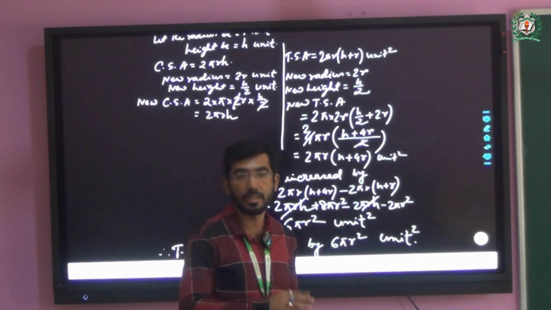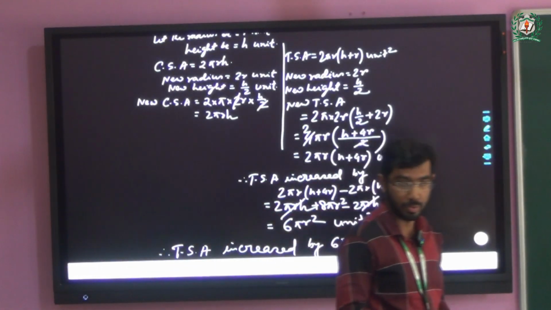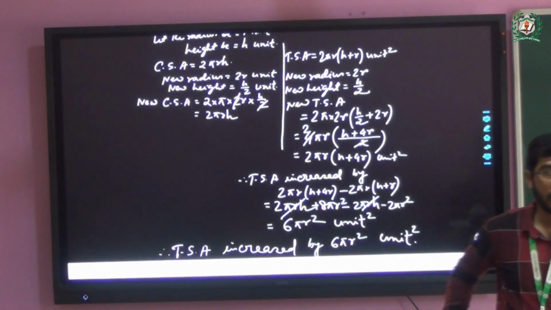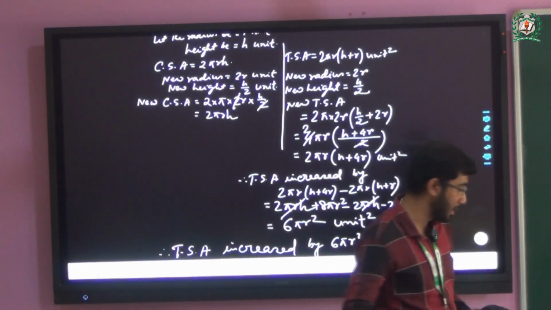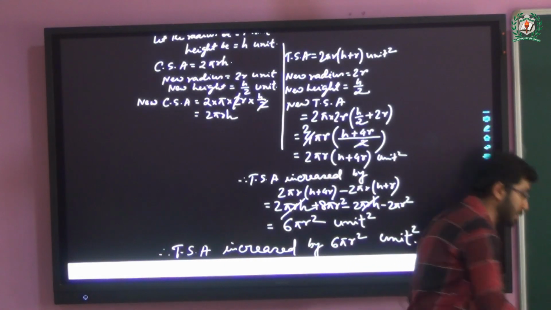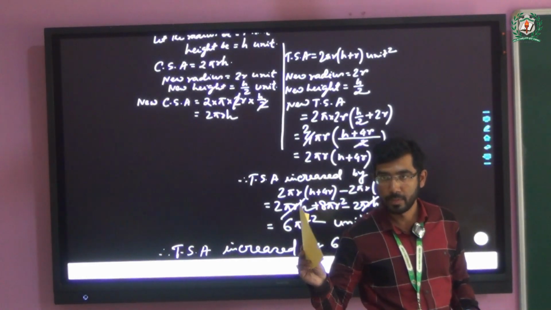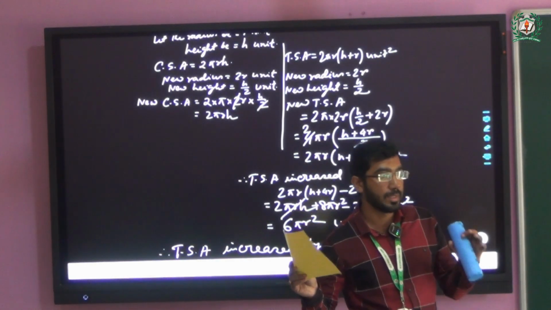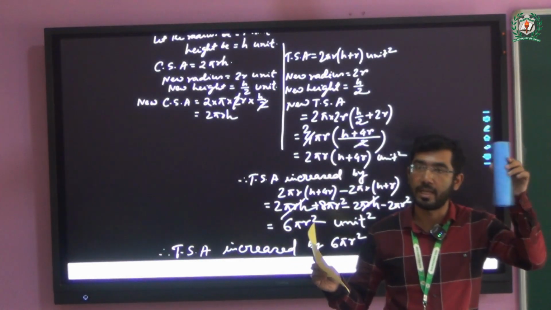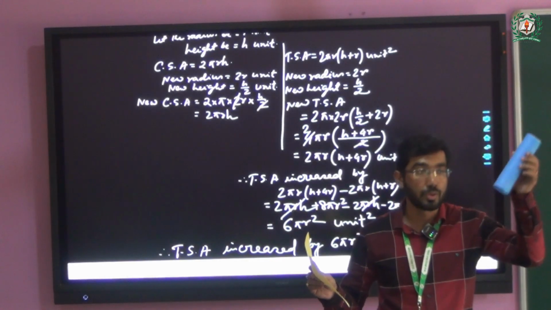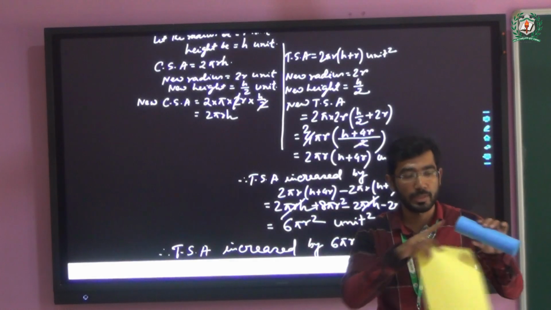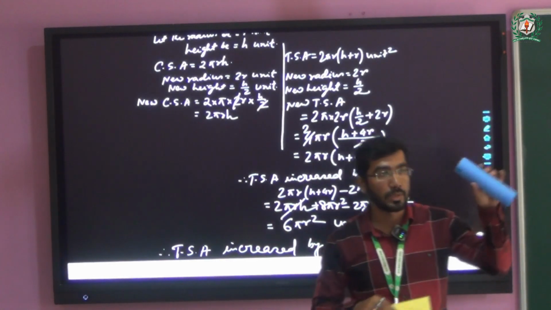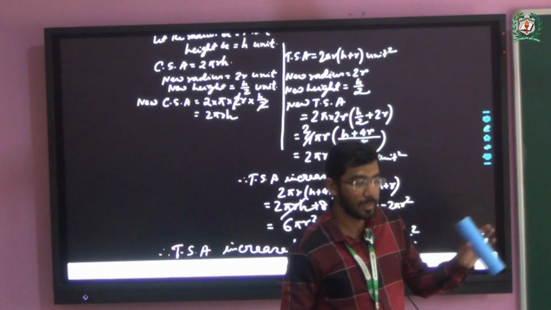So closed cylindrical tank, closed, not hollow. Okay, closed cylindrical tank made by a sheet of metal. So you just consider that this is a sheet of metal, maybe. By this one we are making a closed cylindrical tank like this. Okay, so what do we have to find? Total surface area, because it is closed. So write down the information that is given, then find out the total